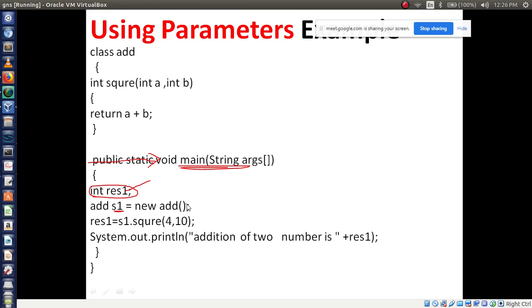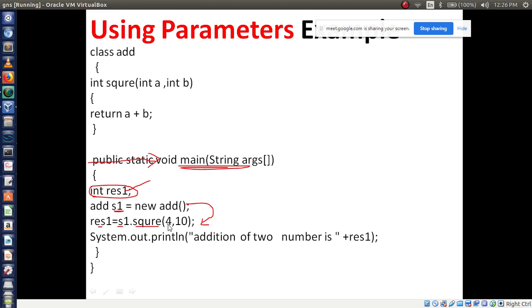Next it will go to the next line. Here you are storing in res1, which you already declared, so no problem. Then here you are calling, using a reference variable s1, and dot, you are accessing the method name, that method name is square.